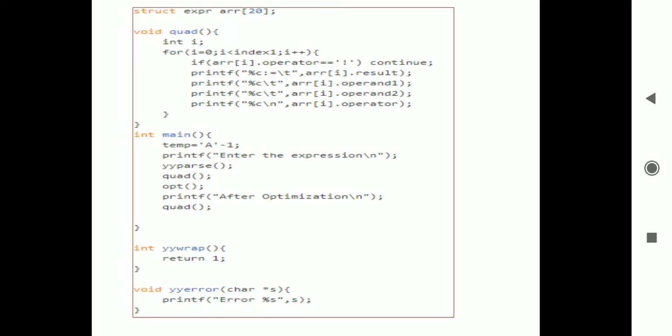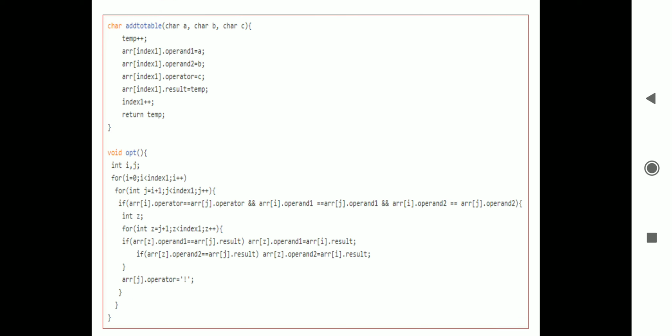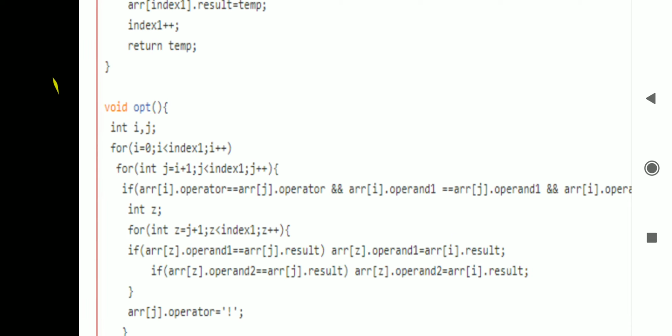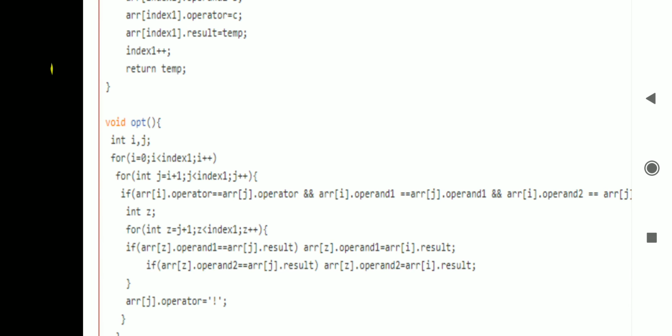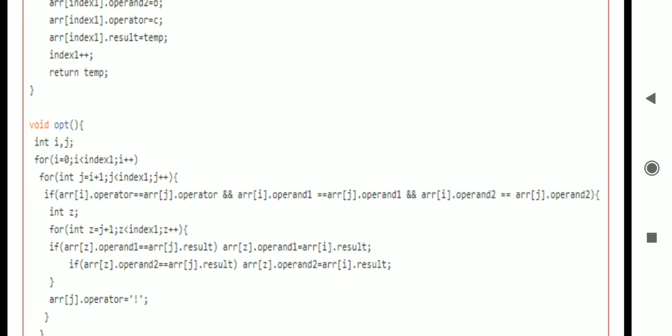How are we going to perform the optimization? This is the code to perform it. We compare everything: the zeroth block is compared with all the other blocks, that is the first, second, third, fourth, fifth, sixth, seventh, everything.